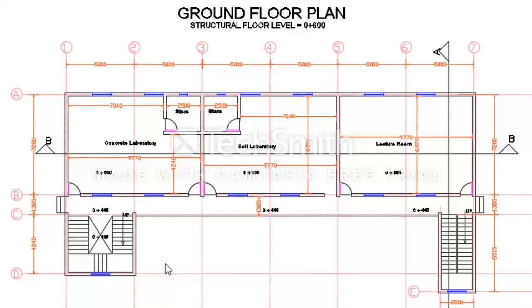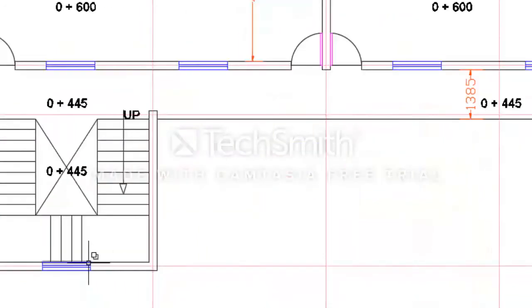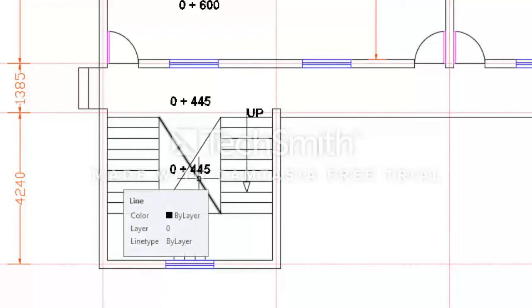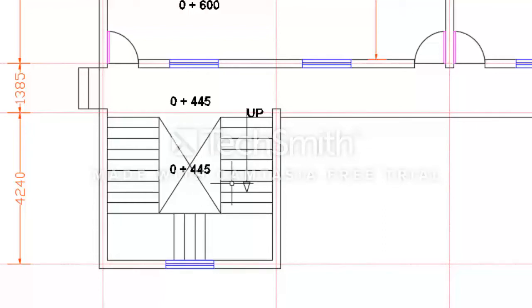I'm going to zoom in to the quarter-turn staircase now to count the number of risers in the drawing. The risers are all these lines shown in the drawing. So I will start my counting from this position: 1, 2, 3, 4, 5, 6, 7, 8, 9, 10, 11, 12, 13, 14, 15, 16, 17, 18, 19, 20, 21, 22, 23, 24. This means that 24 risers connect the ground floor to the first floor level.